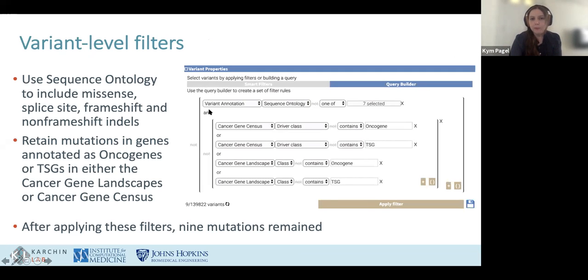So this first segment of the query defines that we're looking for variants that are missense, splice site, frame shifting, and non-frame shifting indels. The second part of the query is a little bit more intricate, but it's basically an OR. It's saying, is this variant within a gene that is either an oncogene or a tumor suppressor gene in Cancer Gene Landscapes or Cancer Gene Census? And to apply these filters, just click the Apply Filter button, and